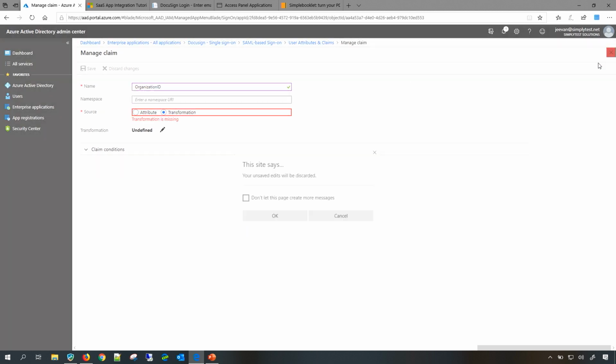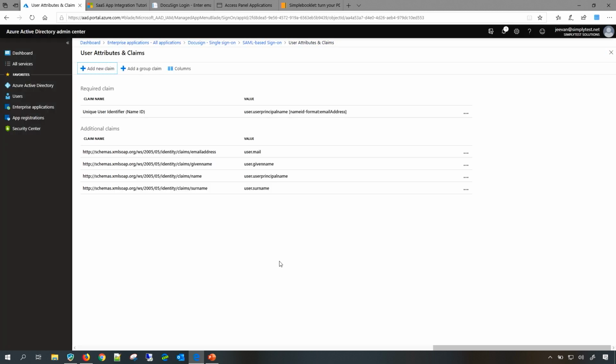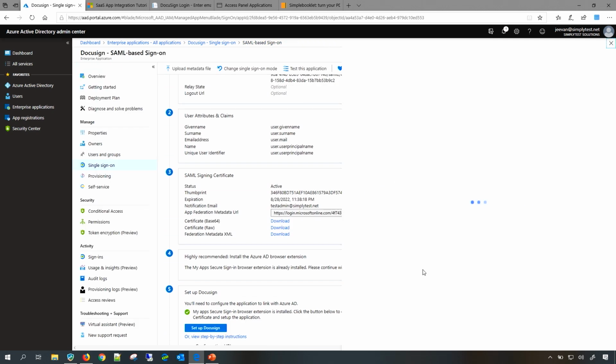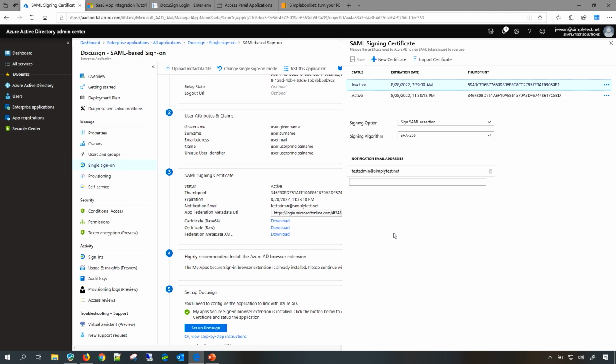Let's quickly go back, and now we will focus on the different notifications. Every application which you are able to add from Azure Active Directory has a 3-year valid X509 certificate created for it. That means for every customer or every Azure Active Directory tenant, every application which is enabled for SAML single sign-on has a 3-year valid X509 certificate attached to it.